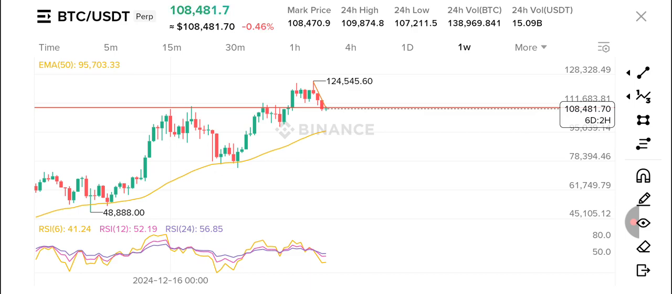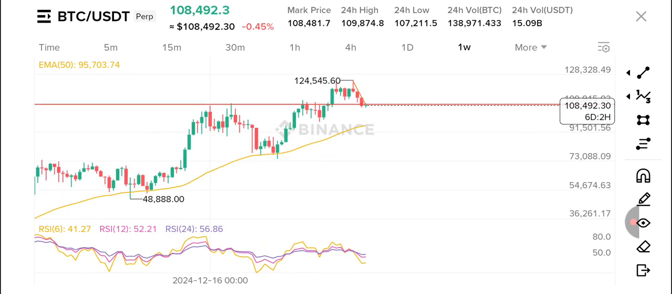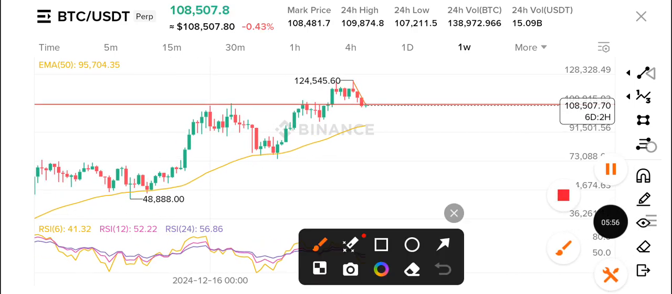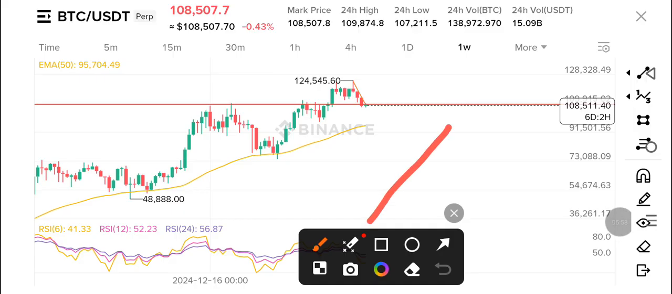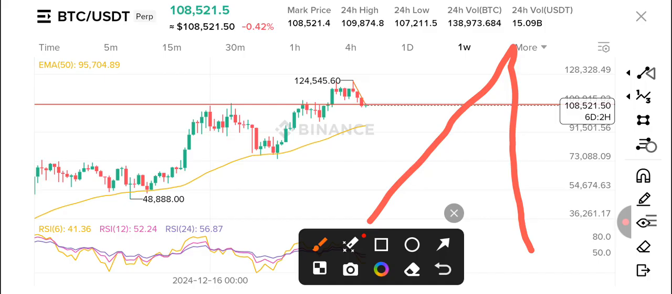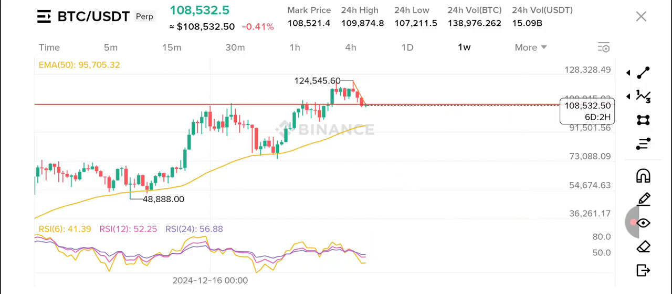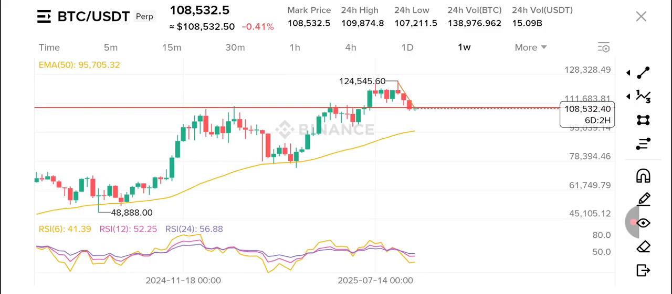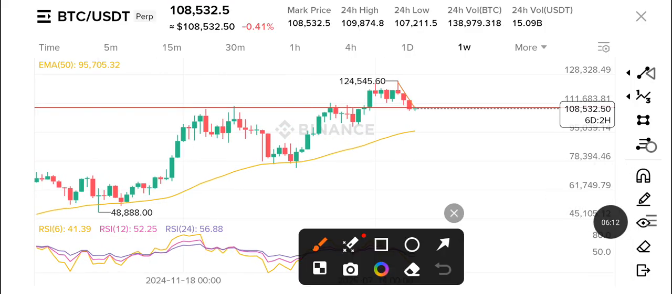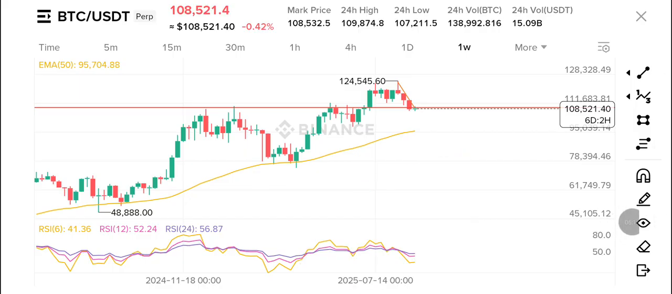That is what we call impulsive move, retracement, impulsive move. So the market doesn't just move like this forever. It doesn't do that. So we have an impulsive move, a retracement, and then it takes another one. So right now, on the weekly time frame, with this analysis, you will see that